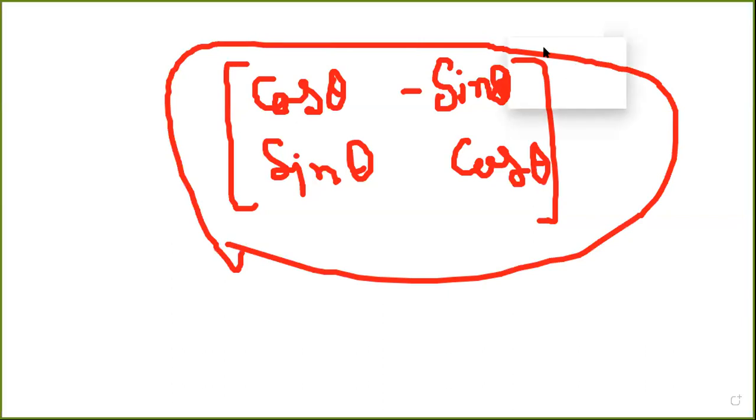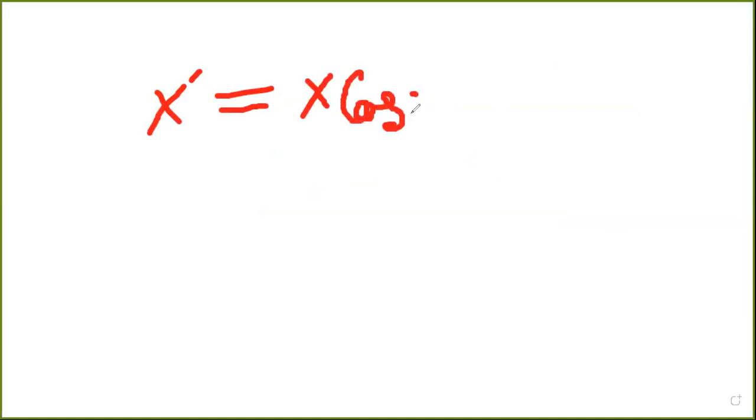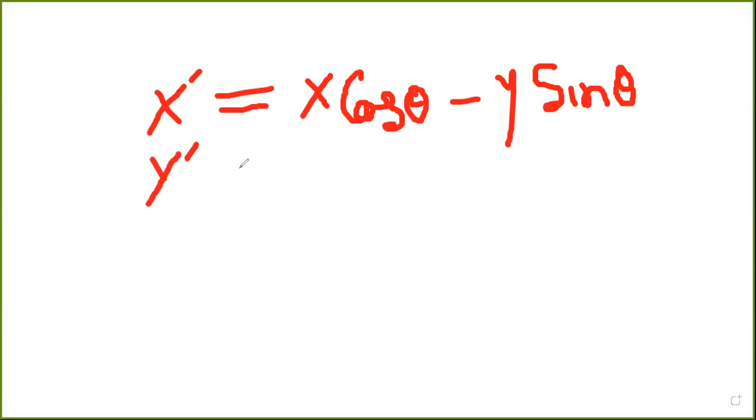Okay. So what problem most of the students are facing, or they have some confusion? First of all, our basic equations are x dash equal to, tell me, repeat this, x dash equal to x, what? X cos theta minus y sin theta. Very, very good. X cos theta minus y sin theta. And I think you all will not have any problem with these equations. You are very confident about how the equations are created, how the equations are developed.